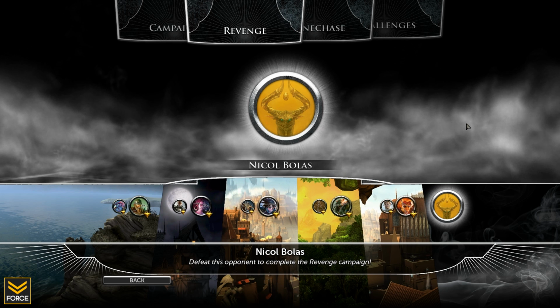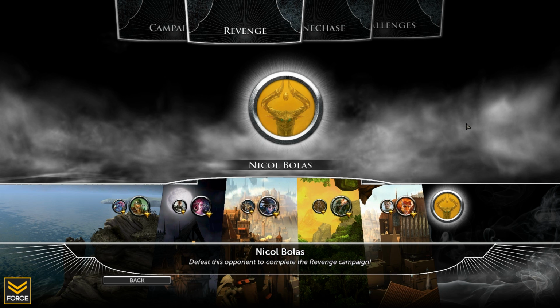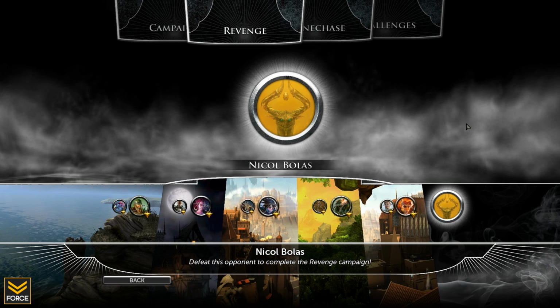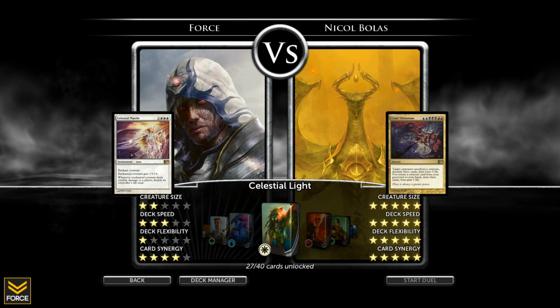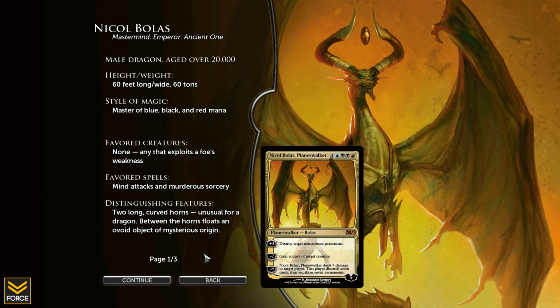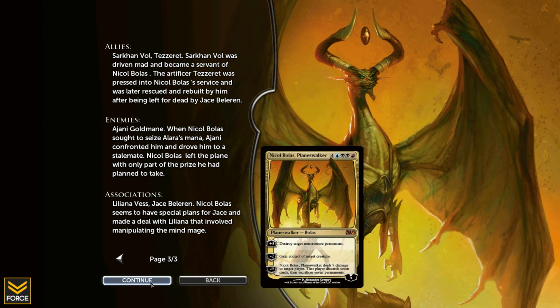Force here, and today we are going to be finishing up the Revenge campaign in Magic the Gathering Duels of the Planeswalkers 2013. Our final opponent to defeat in Revenge is Mr. Nicol Bolas, and I'm going to actually be playing the white life gain deck. You know, I promised you guys I would try out different decks, and the life gain deck is one of the last ones that I hadn't tried, so...